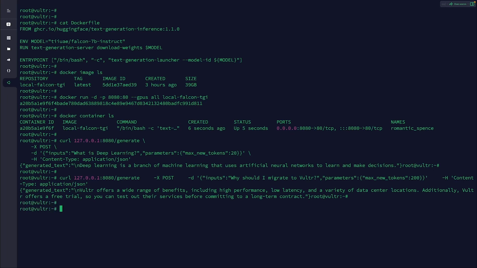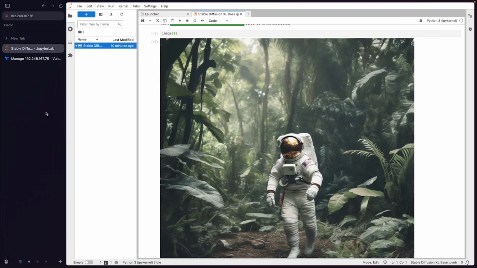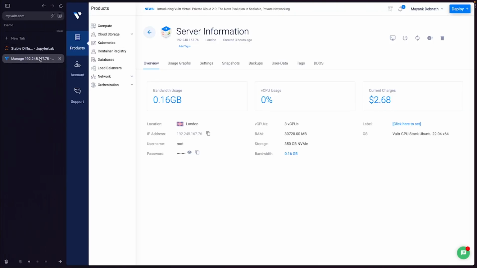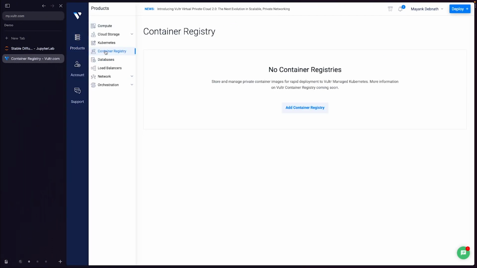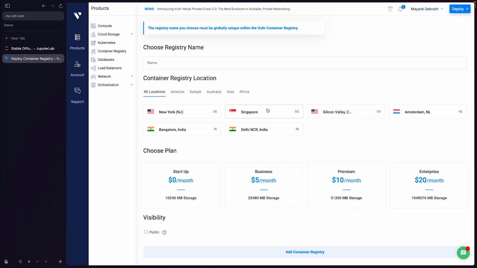And that circles me back to Vultr Container Registry. A private container registry would be the perfect place to store images like the one we just created. To deploy a new container registry, you can come back to the customer portal, navigate back to the products page, and click on container registry. Here you can click on add container registry, select the location and a name. Let's go with demo,